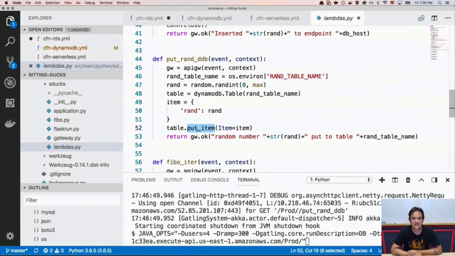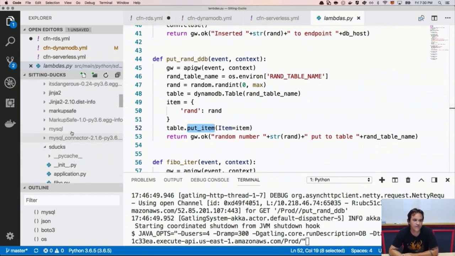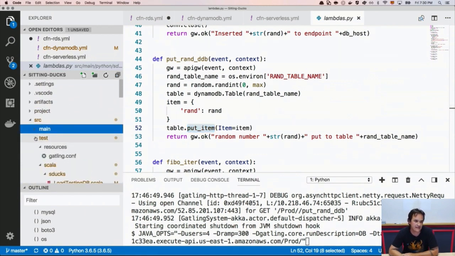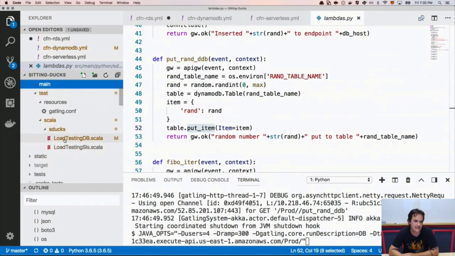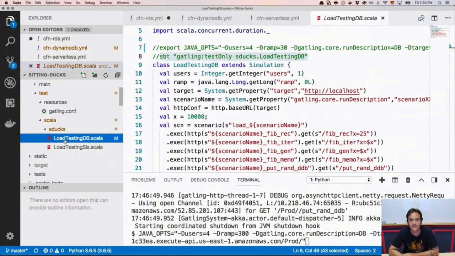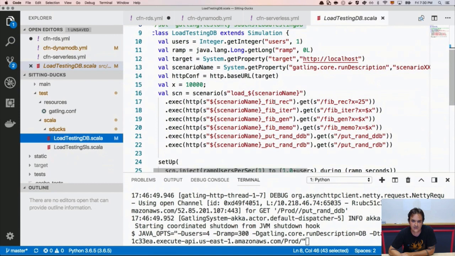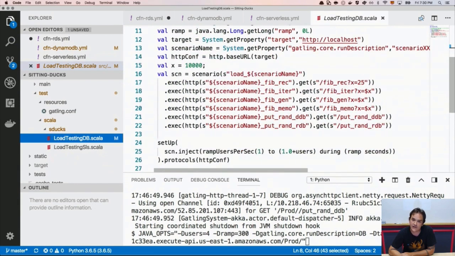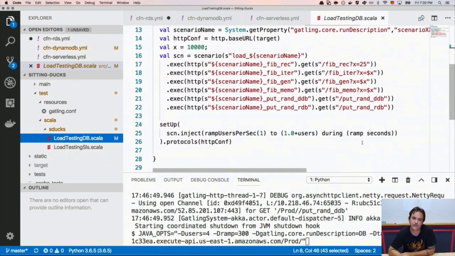Gatling is a load generator. We have the load testing defined in source test sdux load testing db. So this is our test case. It's still quite simple. We add the requests for each of our endpoints. I created one for the DynamoDB, one for the relational database, and for each of those, we're going to ramp